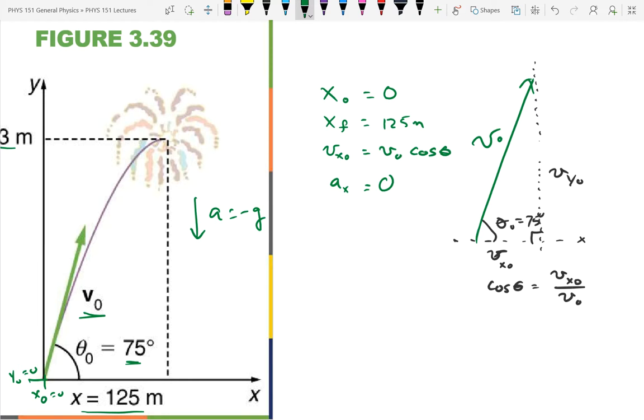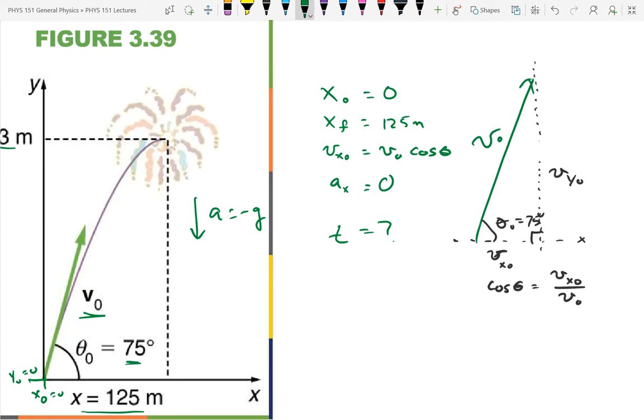So I don't know the time. Do I care about the time here? No. But time is what connects the two separate problems. Because the time when it reaches its final x position is also going to be the time when it reaches its final y position. So time is what connects them. So I don't know the time, and I actually don't care. But I'm still going to be using time so that I can connect the two equations. I will solve one side for time and then put that in the other.